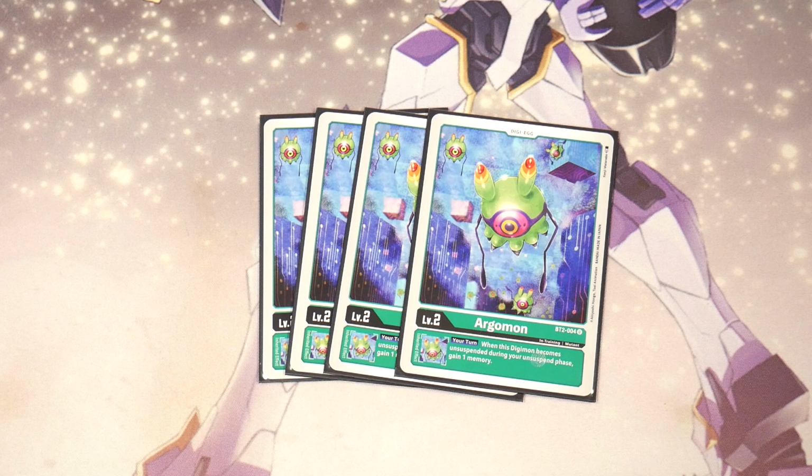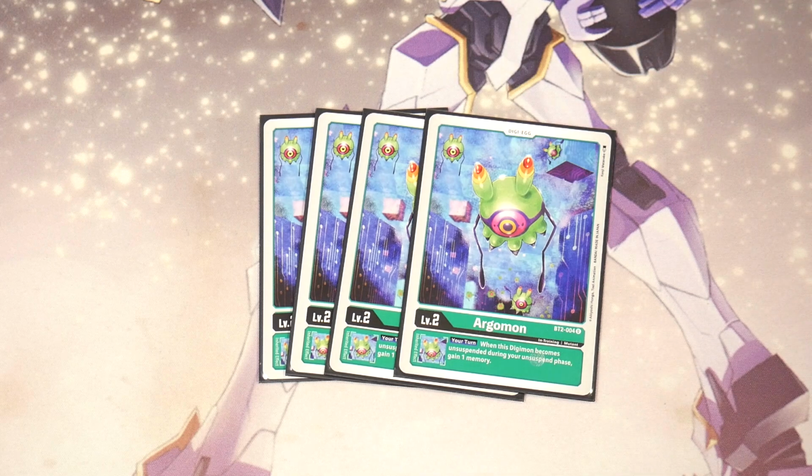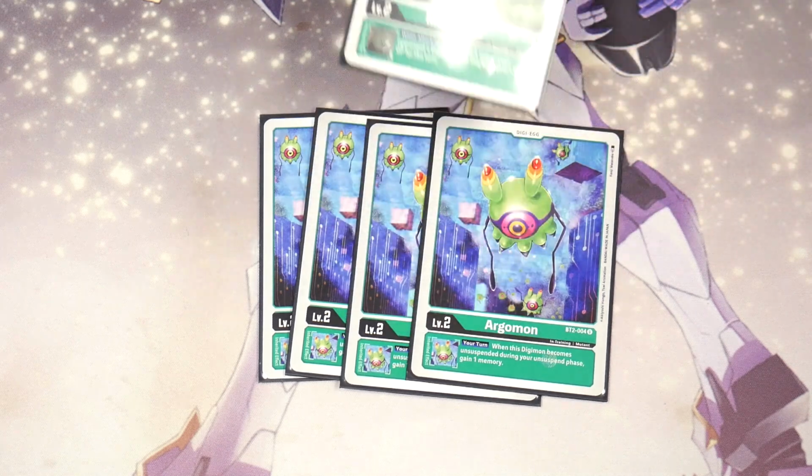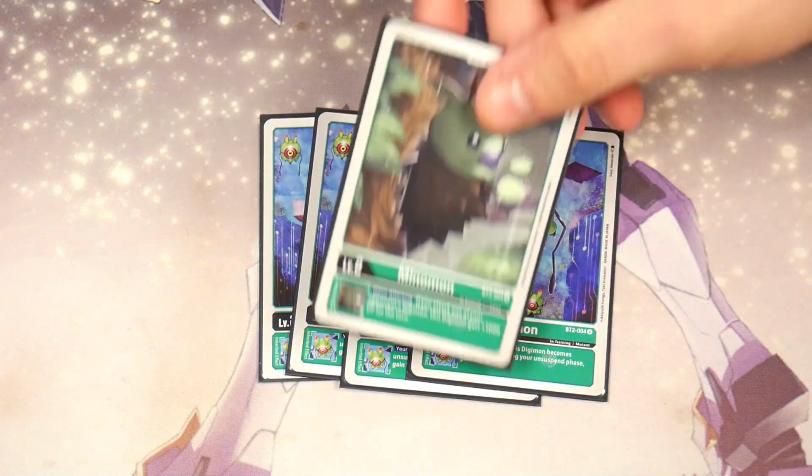At the start of your turn, that's really good, because it's unsuspend phase only, but you get a memory. That's amazing. With Mimi on the field, you get 3, and then this gives you 4. Absolutely ridiculous. We're playing 1 of the Minomon. If you attack one of your opponent's Digimon, it gets 1000 DP for the turn. To be honest, I almost cut this egg because I solely want to play these 4, but this is good